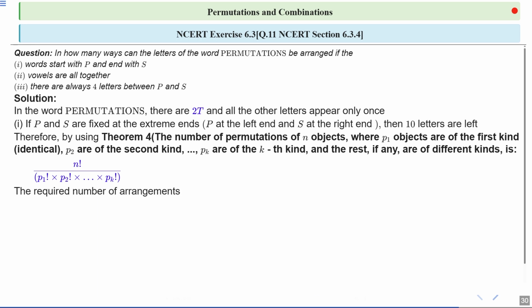We have 10 letters left to arrange, and we need to account for the repetition of the T's. So the required number of arrangements is 10 factorial upon 2 factorial. Now let's break down the calculation. 10 factorial is 10 times 9 into 8 into 7 into 6 into 5 into 4 into 3 into 2 factorial, divided by 2 factorial. After simplifying, we get 10 into 9 into 8 into 7 into 6 into 4 into 3. This is equal to